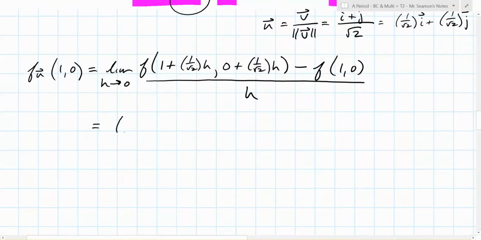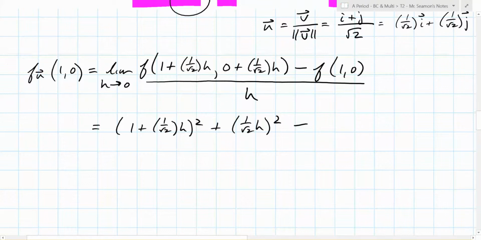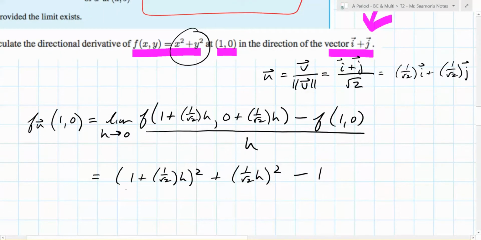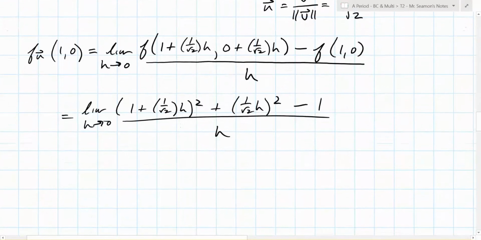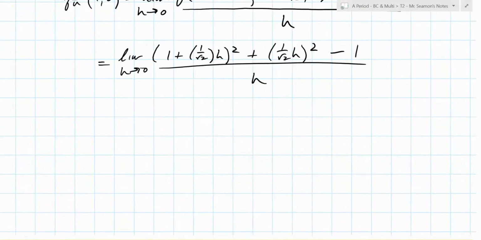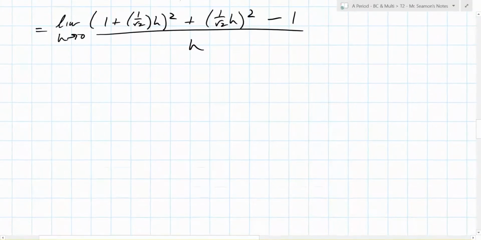So what do we end up with here? We end up with 1 plus 1 over root 2 h, squared, plus 1 over root 2 h, squared, minus, when you plug in, it's 1, right? Oh, am I forgetting the limit? Is that kind of important? Yeah, a little bit. All over h. What do you have to do at this point? You have no choice but to expand, exactly. So you have the limit as h goes to 0 of 1 plus 1 over root 2 h plus 1 over root 2 h,